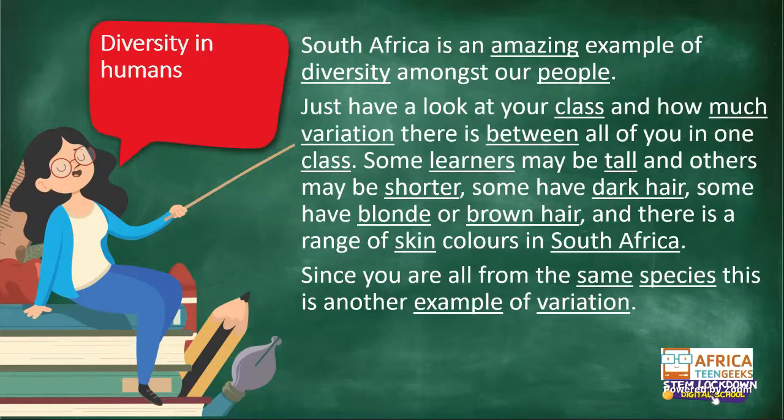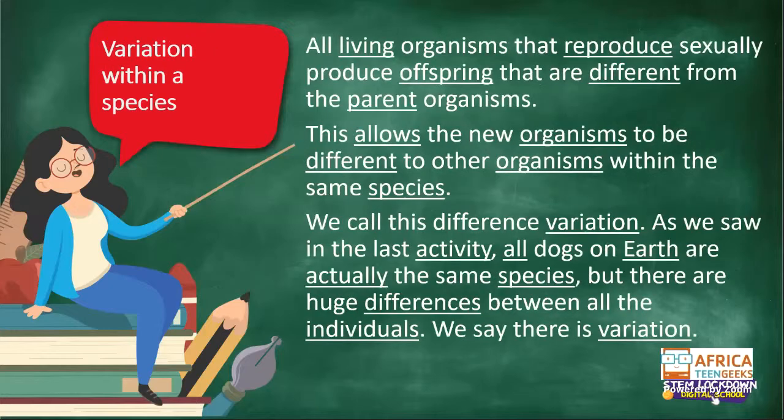Someone is asking why is that? I'm going to go back to this one here, and this is our answer. All living organisms that reproduce sexually. That means it is taking the cells from the mom and the dad and putting them together to create a new organism. If something reproduces asexually, there is only one set of cells coming in. But because these are reproducing sexually, there are male cells and female cells present, and that means every single new organism is going to be different, because sometimes there might be more traits from one and less traits from the other, and it might be the other way around. Devang, I hope that answers your question.